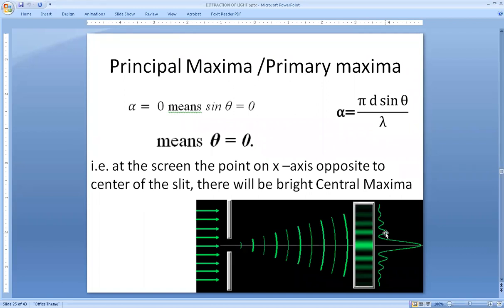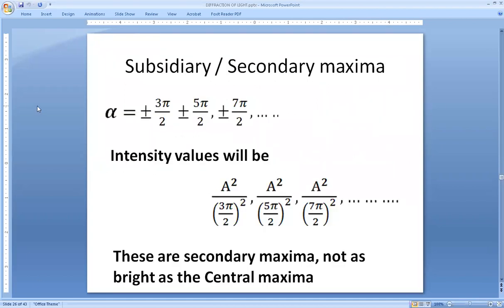Then you may have a doubt. You said one secondary maxima, but why are this many symmetric maxima coming over there? Let me explain that also. As you know, alpha is giving you plus or minus, right? Alpha is nothing but pi by lambda d sine theta. So alpha is indirectly representing sine theta. So sine theta sometimes becomes positive, sometimes negative, so they are going to give you plus theta and minus theta as solutions. So alpha being plus or minus means you are going to create a positive theta as well as a negative theta, which satisfies the same thing.